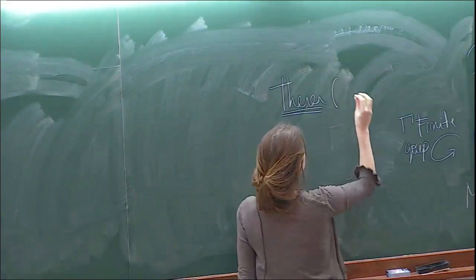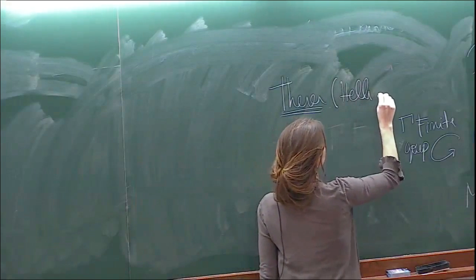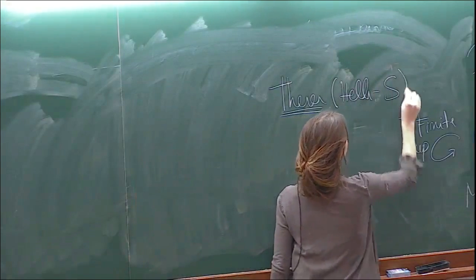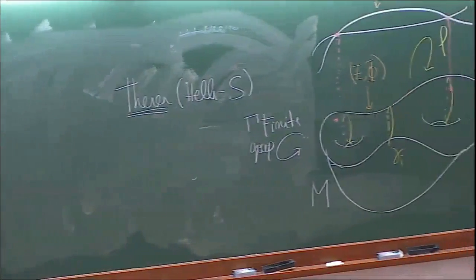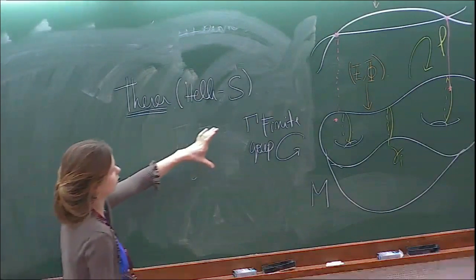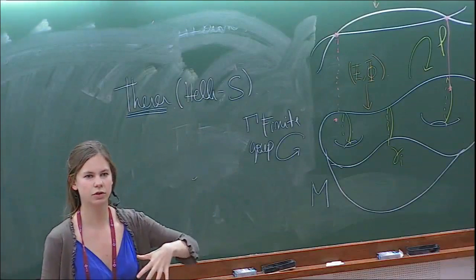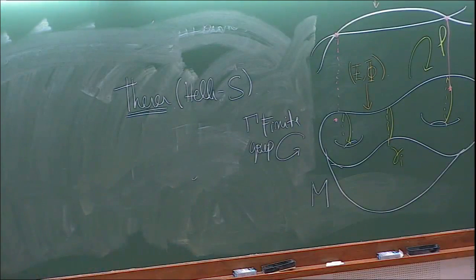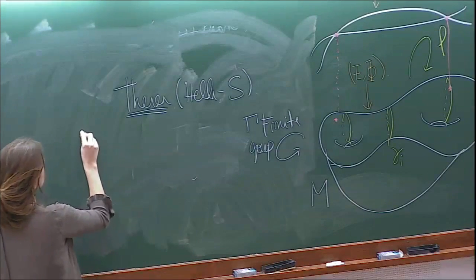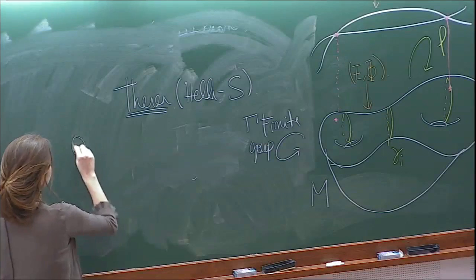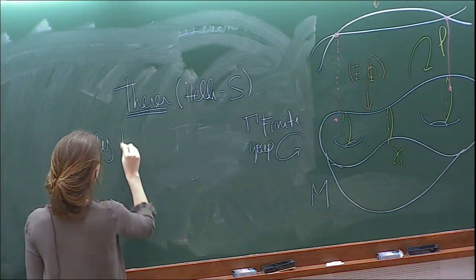The theorem, with Sebastian Heller, in a paper we're finishing, is trying to describe all the types of groups that can act on your Riemann surface and can produce for you mid-dimensional, in this case, BBB branes. So finite groups, only finite groups